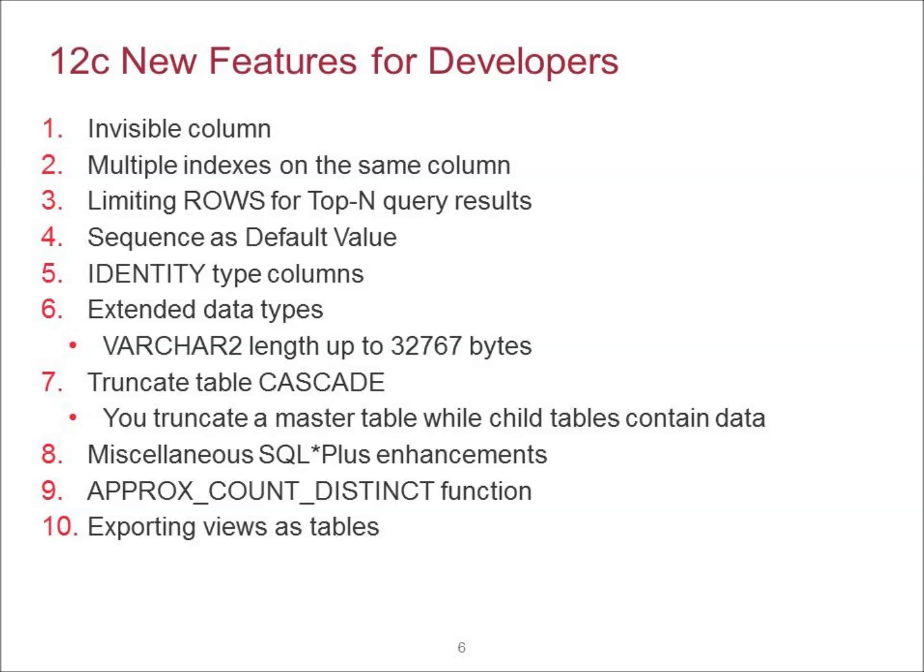For the developers, you have invisible columns, multiple indexes on the same column, limiting rows for top-N query results, sequence as a default value, identity type columns, then extended data types, and the truncate table cascade option in 12c. There are some miscellaneous SQL*Plus enhancements, a new function called approximate count distinct, and exporting views as tables. I'm going to go further into the details on some of these